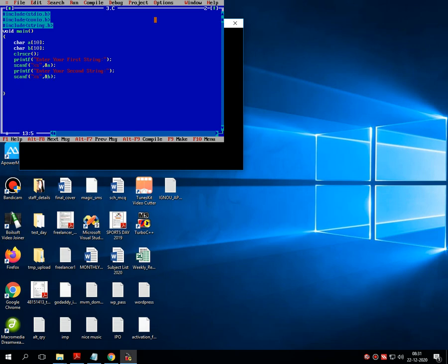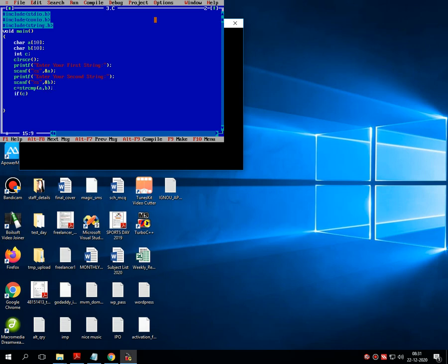Then what I am doing is strcmp, and I am passing these two parameters to the function, and then I am giving one external variable as c, that is c is equal to it.